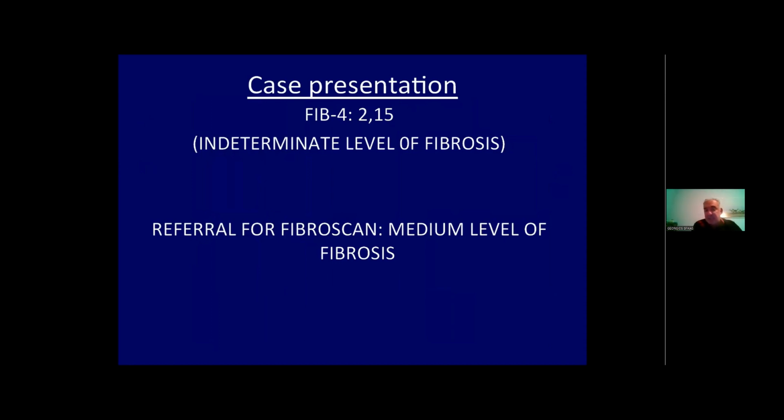Our next step is to find out if the patient, apart from the high lipids, also has a level of fibrosis. So we now have to determine the FIB-4 score, which is 2.15, which shows an indeterminate level of fibrosis. And then we have to refer this patient for FibroScan,